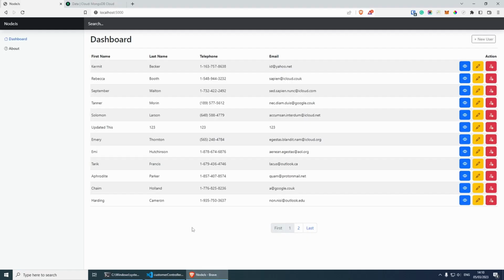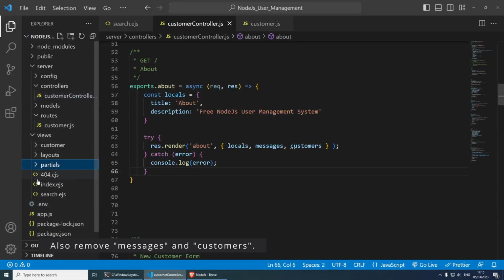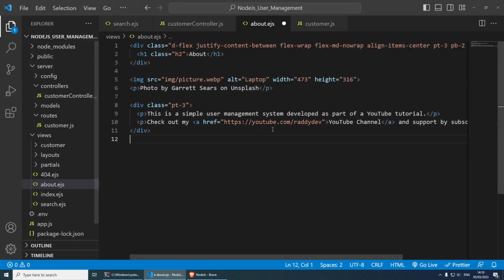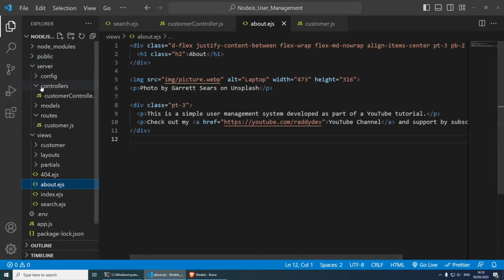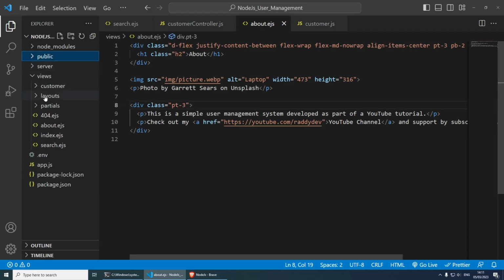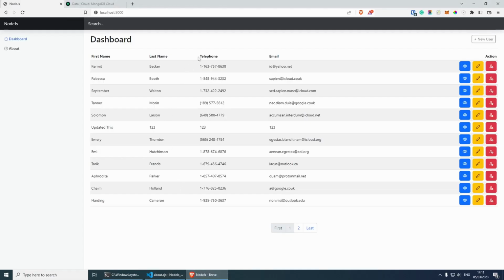Then if I go back and refresh, we get, oh, I didn't create the view. So in views, we need to create an about page, of course. So about.ejs. In fact, I'm just going to copy and paste some text that I've already configured. So about, we're getting an image from images, which just demonstrates how it works. So I'm going to paste the image as well. We have an image in the public folder and a little bit of text, and that's it. So if you go back, refresh and go to the about page,